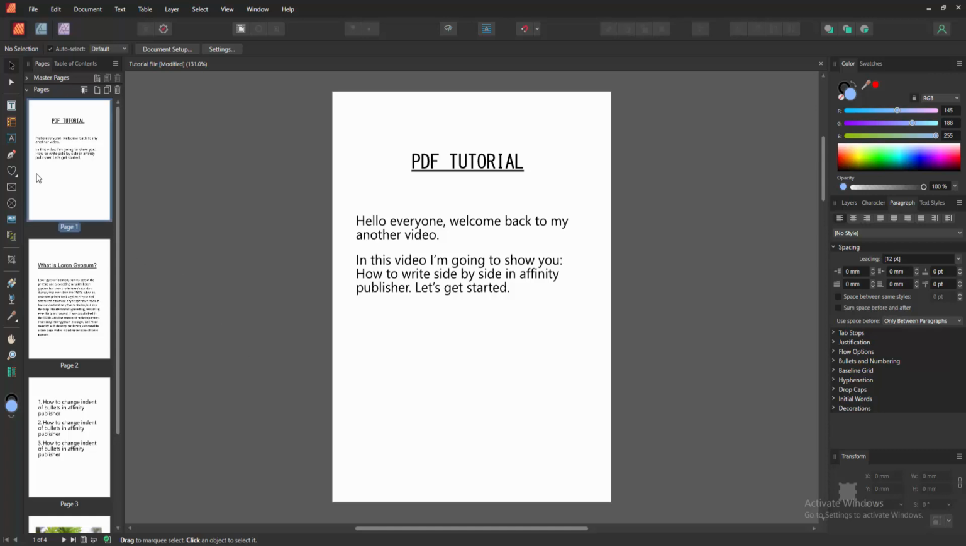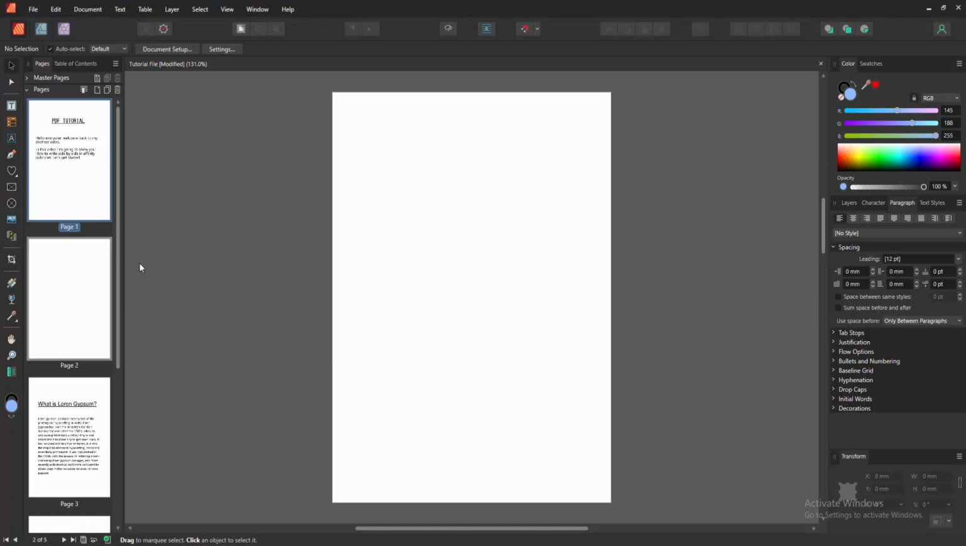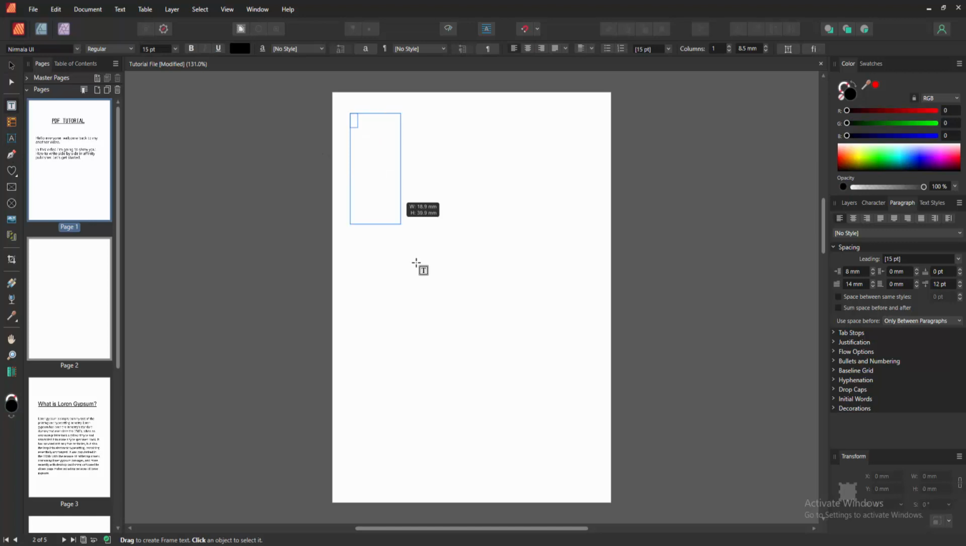Firstly, go to the pages section, select a page, then click the right button on our mouse. Then we add a page. Then click OK. Now we want to add text side by side, click the text frame option and draw a